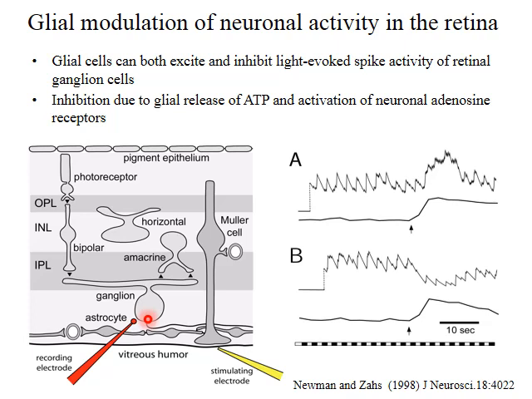So in this experiment, these experiments were done in the isolated whole mount retina. The retina was removed from the eye, placed in a dish. The spiking activity of retinal ganglion cells was recorded with extracellular microelectrodes that could record the spiking of the cell. And then the glial cell, in this case a Mueller cell, a radial glial cell in the retina, which functions as the astrocyte of the retina, was stimulated, and